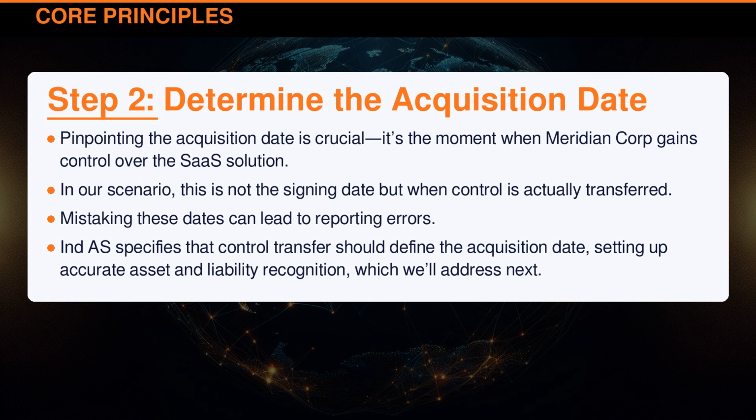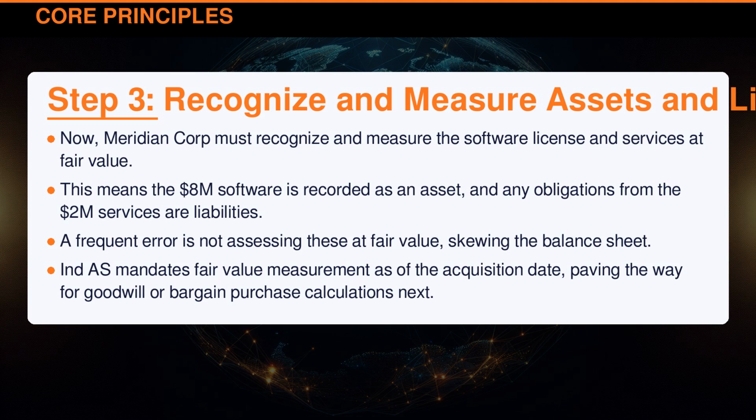we'll address next. Now, Meridian Corporation must recognize and measure the software license and services at fair value. This means the $8 million software is recorded as an asset, and any obligations from the $2 million services are liabilities. A frequent error is not assessing these at fair value, skewing the balance sheet. Indian Accounting Standard mandates fair value measurement as of the acquisition date, paving the way for goodwill or bargain purchase